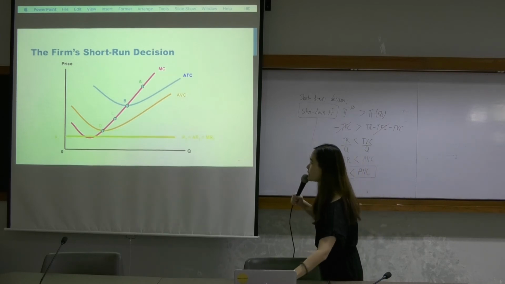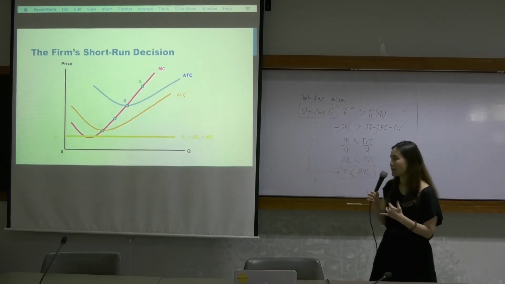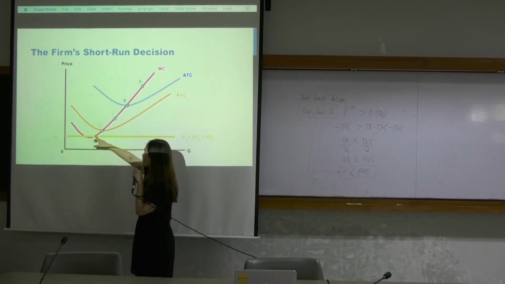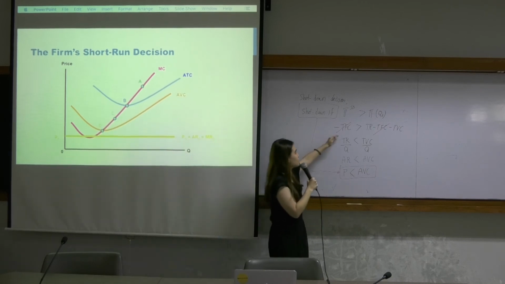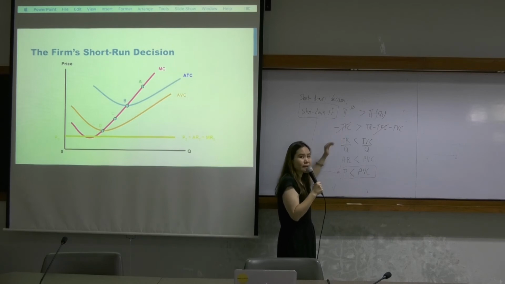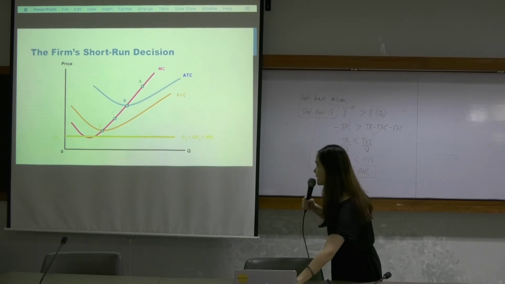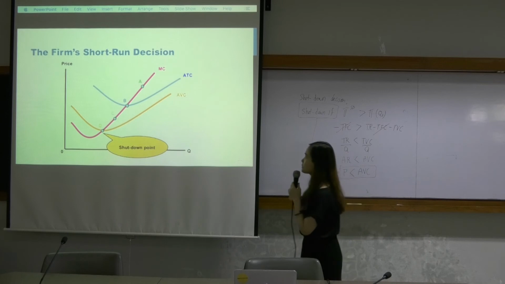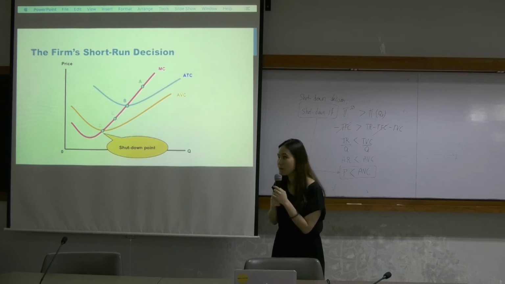But for any price lower than that, you would notice that if you're still producing, your loss will be bigger than the negative total fixed cost, and therefore you should not produce anymore, okay? So we say that at this point where MC equals AVC, we call it a shutdown point, because